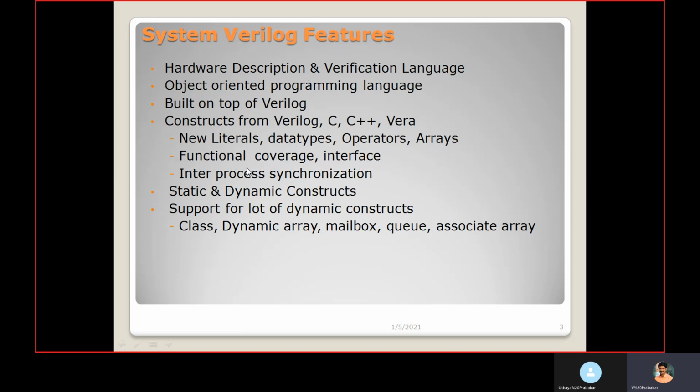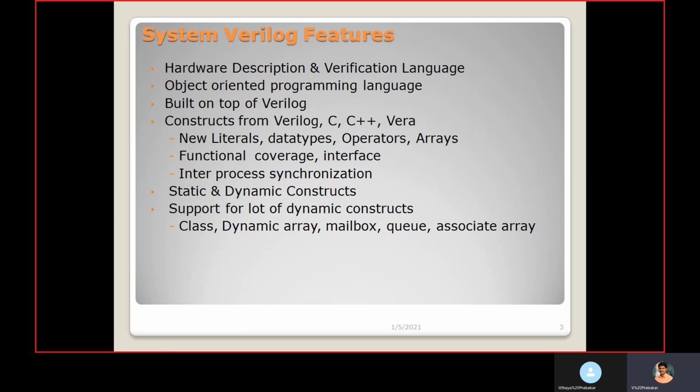With functional coverage, we can verify whether the functionality is covered or not. The designer will implement the functionality which is given in the spec. In verification, we need to verify whether the designer implemented all the features mentioned in the specification, with the help of functional coverage.